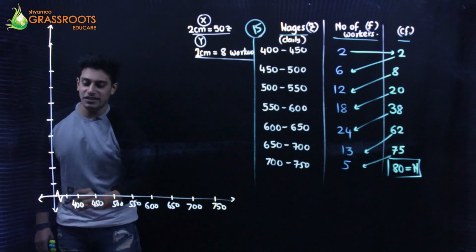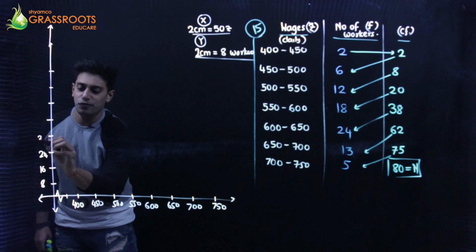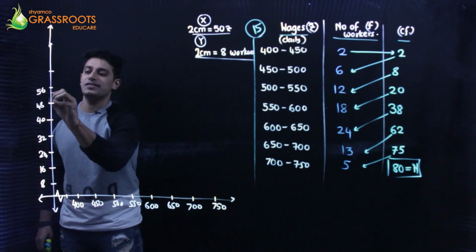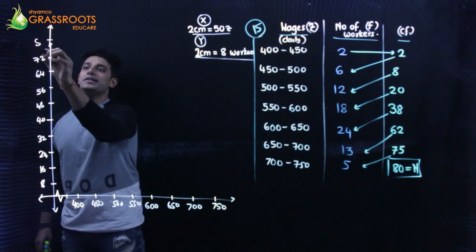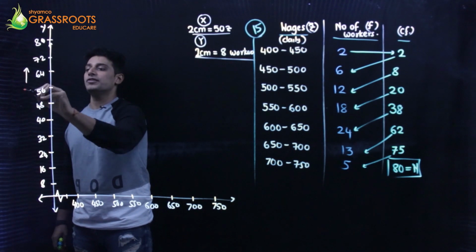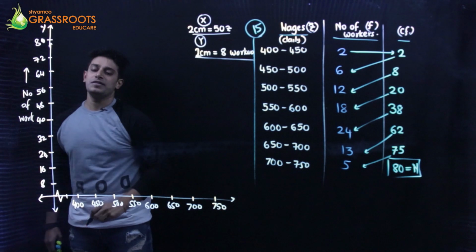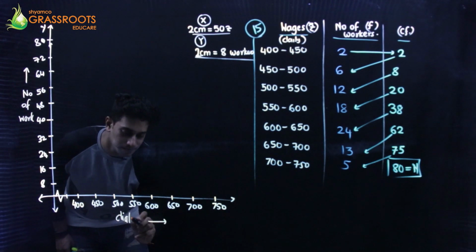You need to go till 80. So 8, 16, 24, 32, 40, 48, 56, 64, 72 and 80. Y-axis is the number of workers, CF. X-axis is the daily wages